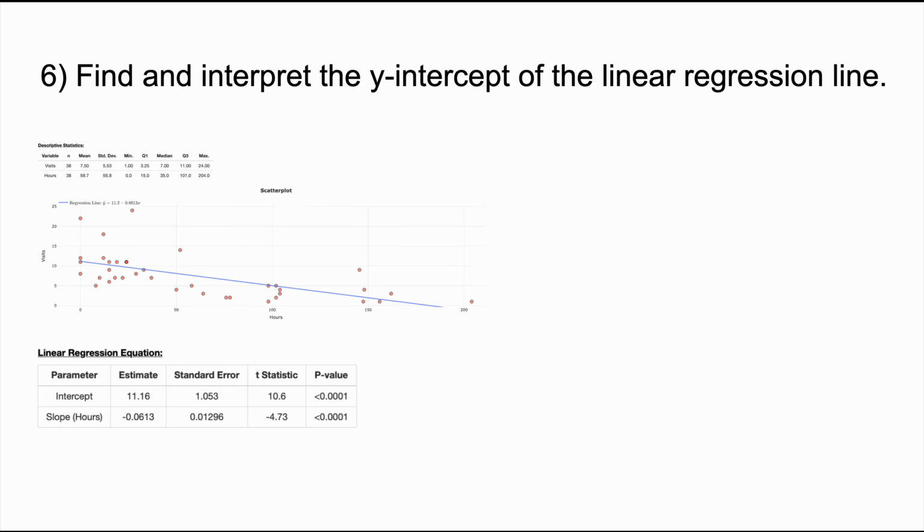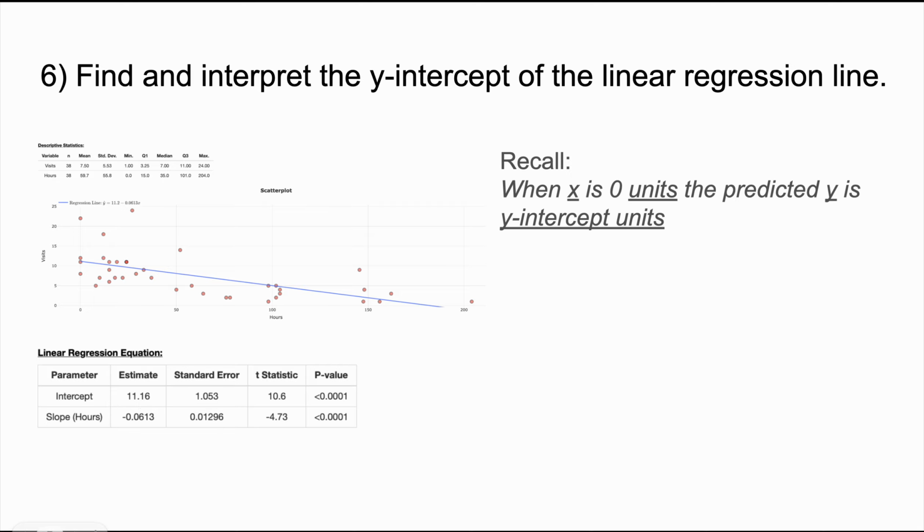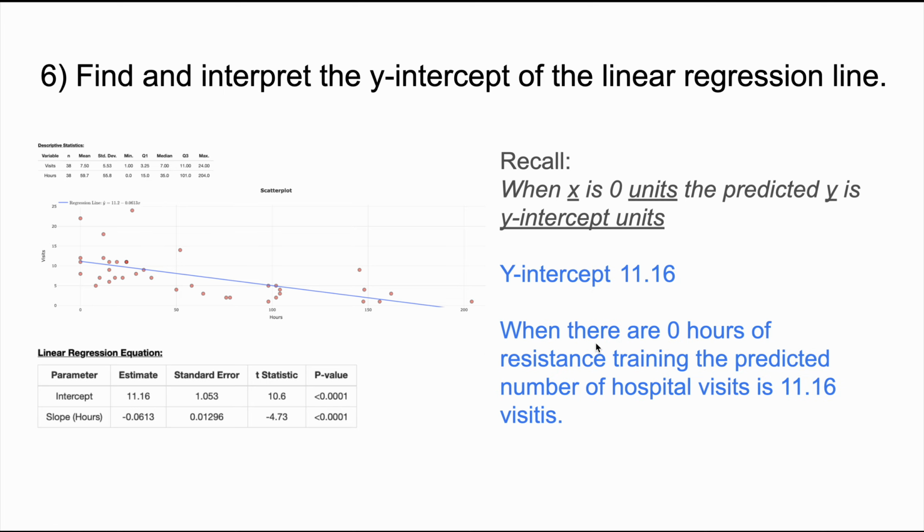All right. Now let's interpret the y-intercept. So we see the y-intercept right here. It's also down here. The estimate of the y-intercept is 11.16. So recall that the y-intercept is a predicted value when x is 0. So if I wanted to use the sentence, when there are 0 hours of resistance training, the predicted number of hospital visits was 11.16 visits. Basically, that's like an average for the people that had 0 hours of